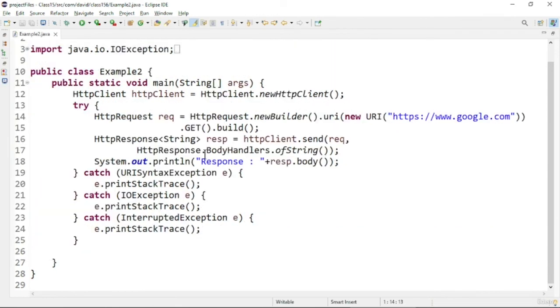So that's it about the new way of connecting using the new URL functionality which is there in Java 11. From Java 11 onwards, this functionality was introduced. And in this lecture, we are seeing how to connect to the internet using this URL HTTP client. So this is important to learn in Java. So we can connect to websites through our code and get the response back and process the information.